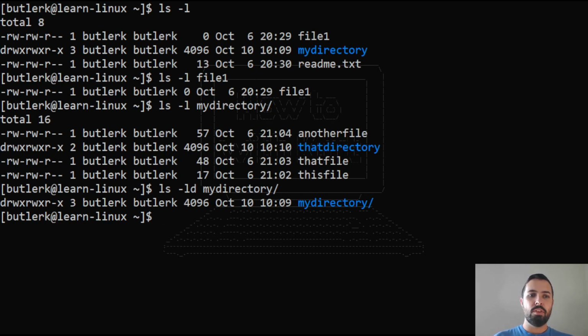But in this case, using the D flag to just show the directory itself will be useful whenever you're troubleshooting, especially permissions or anything like that. So, like I said, -d shows only the directories, doesn't show the contents. Very useful flag. All right, so now that we've covered that one,